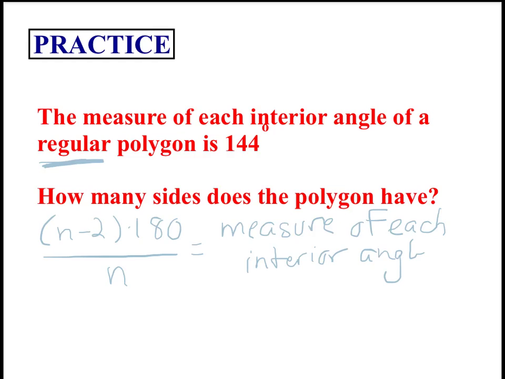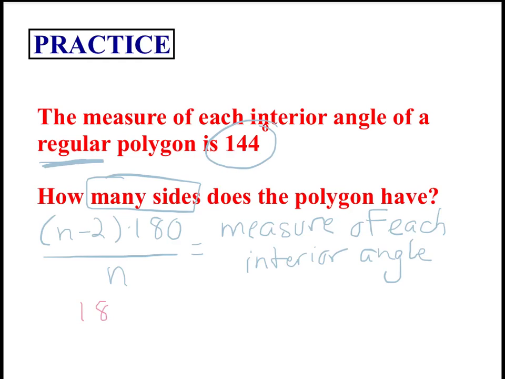So we know that the measure of each interior angle is 144. So we want to figure out how many sides the polygon has. So how many sides is going to be the variable n. So what we need to do here is plug in 144 on the right side of this equation. So when we do the math, what we're really going to have is